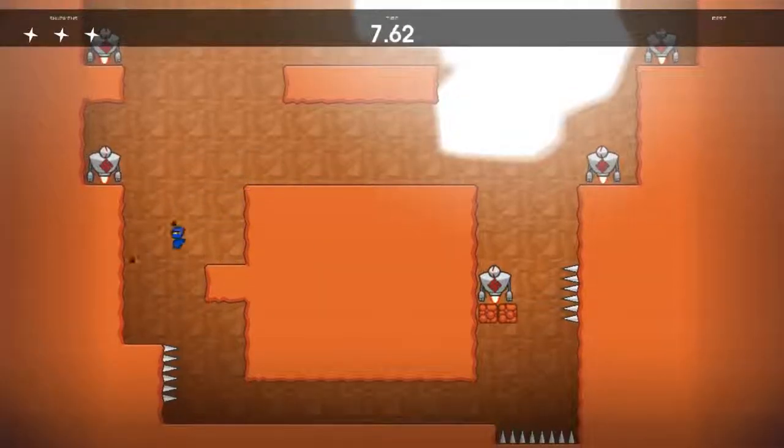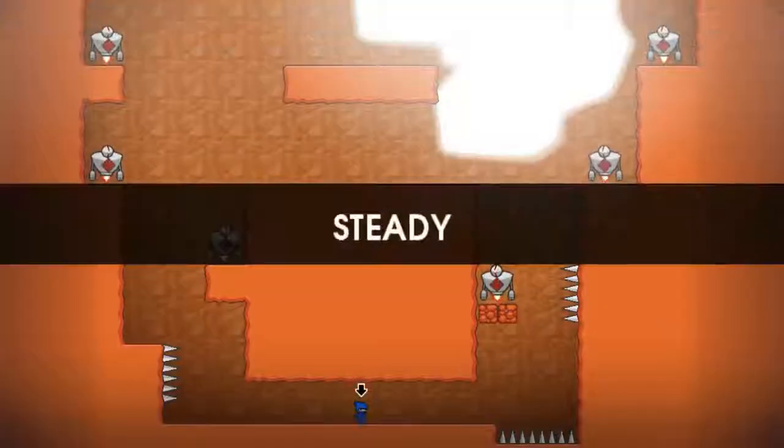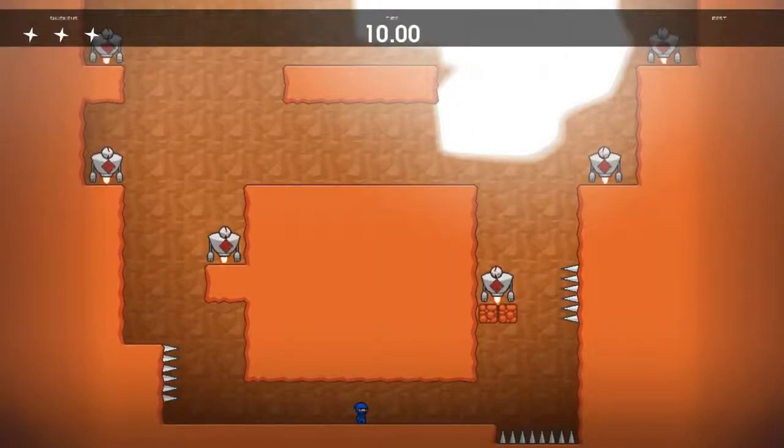But I also want to be able to get decent amounts of stars. Oh my god. You know, I wonder if I go up this way... Okay, so that does kill him, but it's not how I want to do this. How do I want to do this? Let's look here. We're going to want to go...